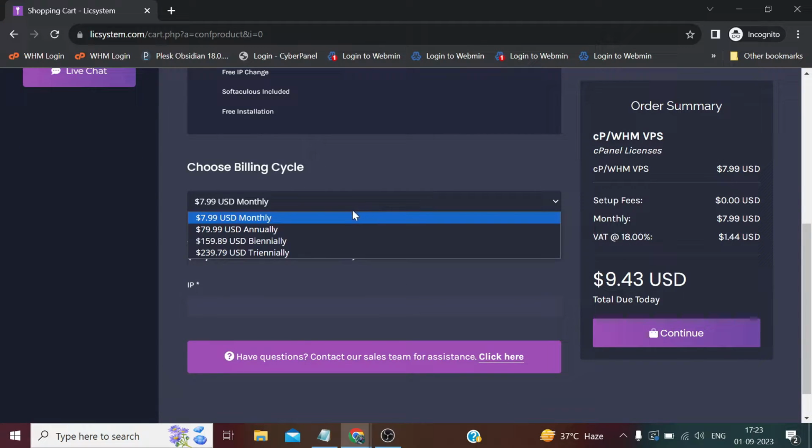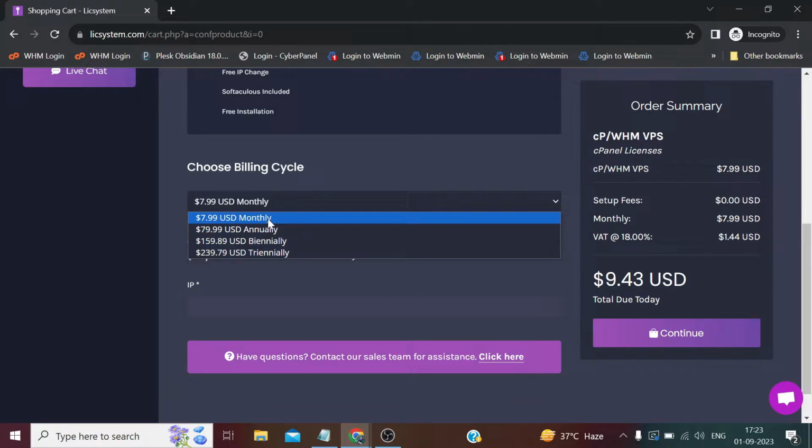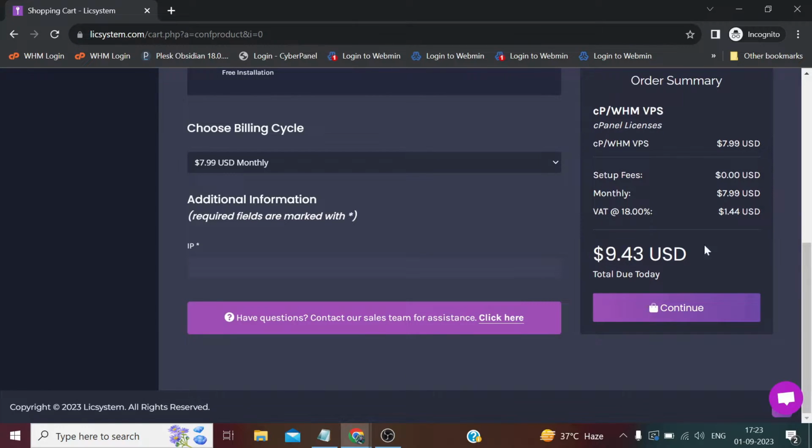Here I can select any term. Like I told you many times, I am just deploying this server for completing this tutorial series, so I am going with monthly. But they have some discounts based on the terms, like annually, 2 years, 3 years. So you can choose any relevant term. You can also go with monthly like me. There's no problem. And with the 18% value added tax, it costs us $9.43,